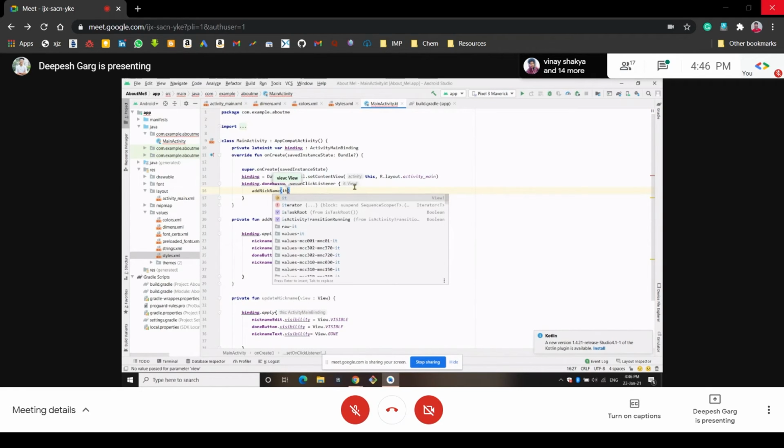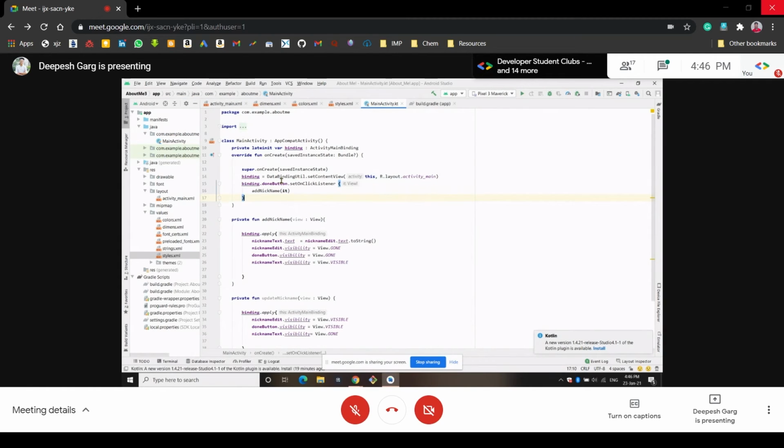The it keyword refers to that view and performs the function whenever the view needs some activity to be done. Okay, so now we have done the part for this done button.